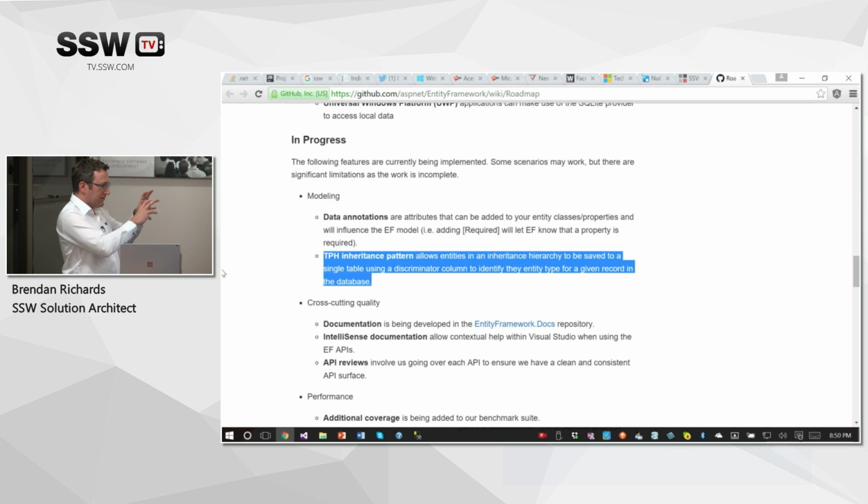So you have a whole inheritance tree where all the different types have records in one table, and you have a discriminator field that tells you what class that is. I hate this pattern because it means you've got to have a database full of null fields. If it's not of that type, there's fields in that record that have to be null. So it means you're full of nullable fields. It's not a pattern I'd use. I like table per type instead.